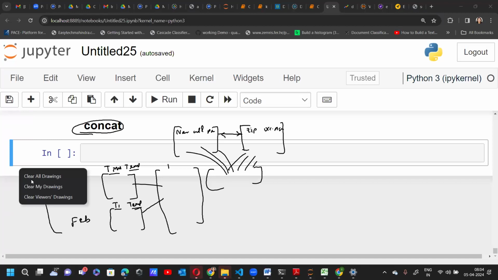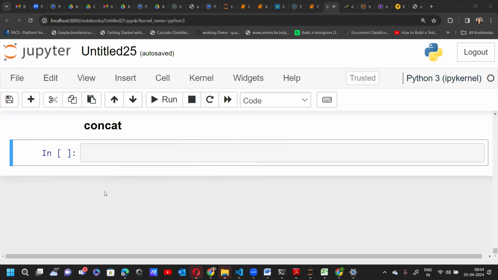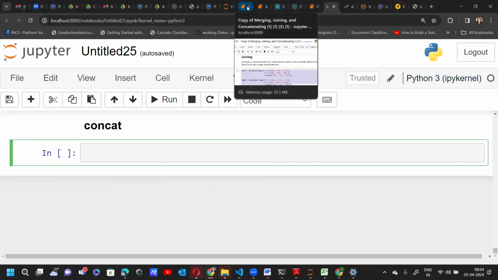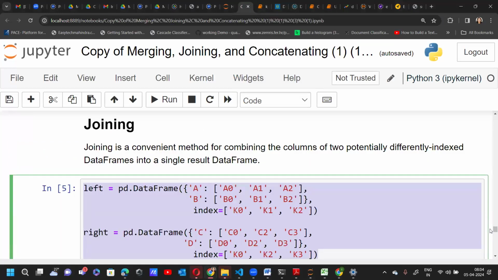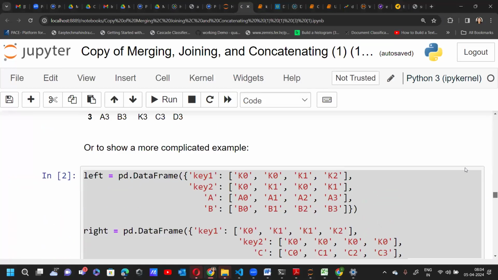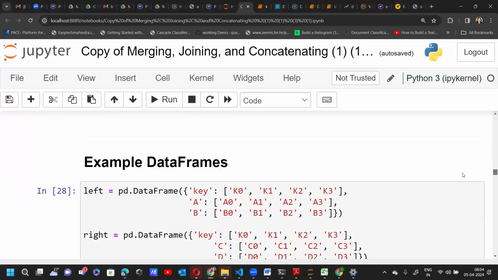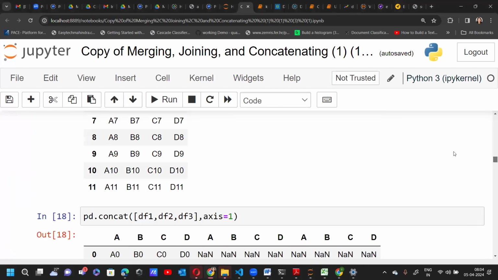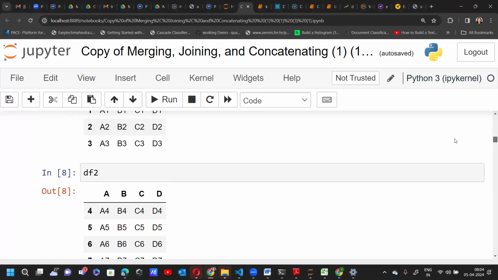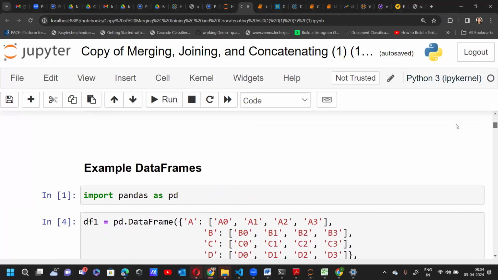Maybe we can see some examples so that it will be clear. And there is no restriction, n number of data you can concatenate, 5, 10, 20, 30, 40, 50, any number of columns you can concatenate. For concatenation, there is no rule, right? Anything can be concatenated with anything, right? So let's take one example. Maybe I'll take this example. So I have 3 data frames,